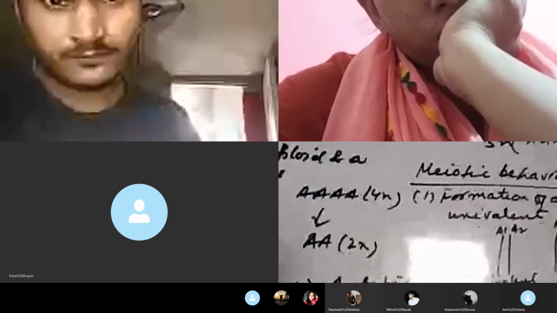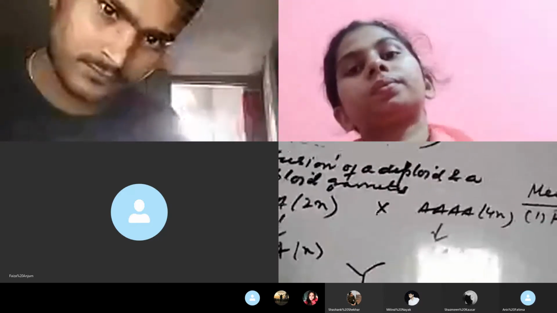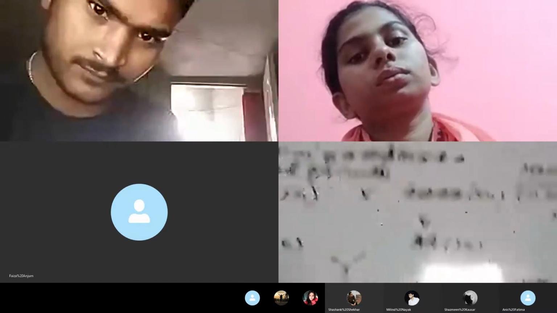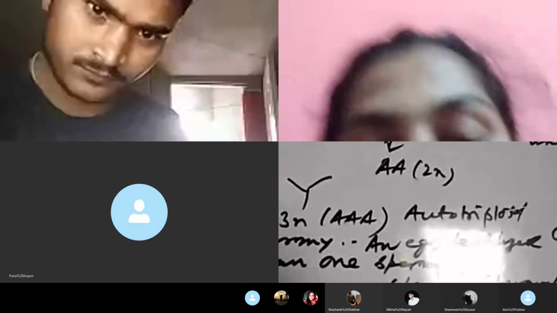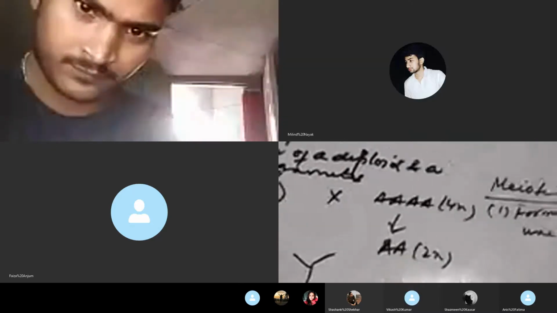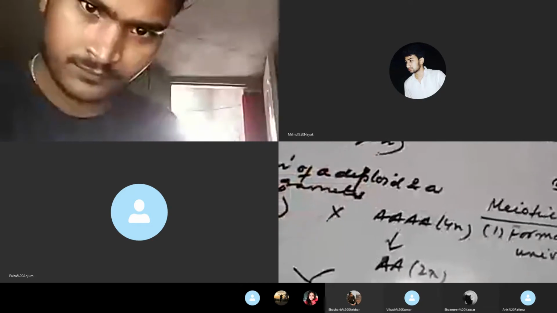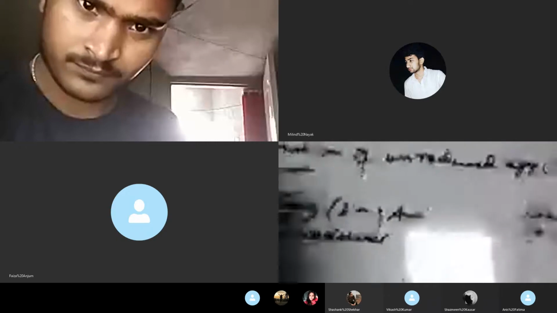The egg is haploid, the sperm is haploid, and look here, there are two sperm: a sperm having one set of chromosomes, a sperm having another set of chromosomes, and the egg having one set of chromosomes. If this egg is fertilized by two male gametes at the same time, the zygote will have three sets of chromosomes, that is, the zygote will become triploid, with the genomic structure capital A. This is also the genomic structure of autotriploid. So this is the second one. The first method is by fusion of a diploid and haploid gamete. The second method is polyspermy, and the third method I have shown here.